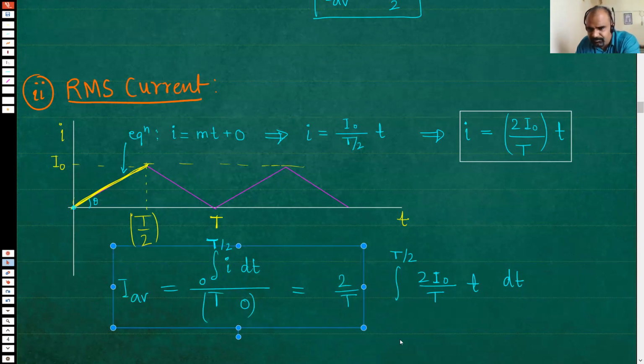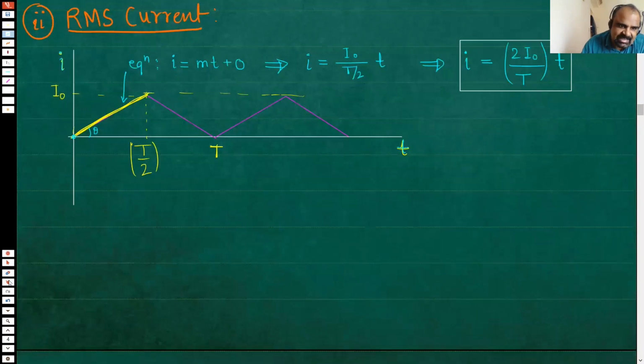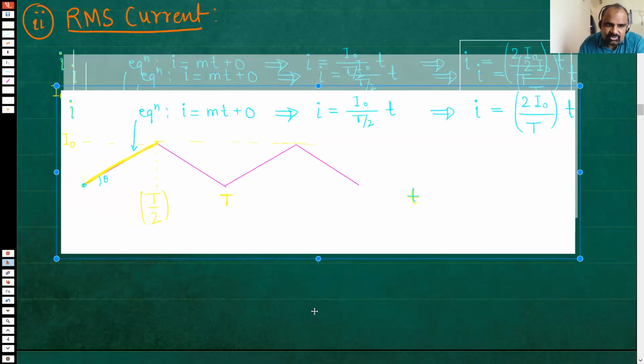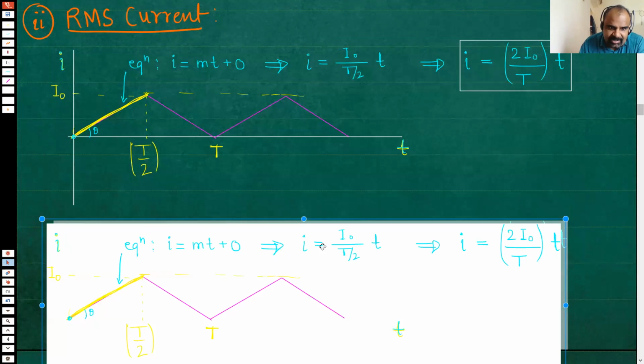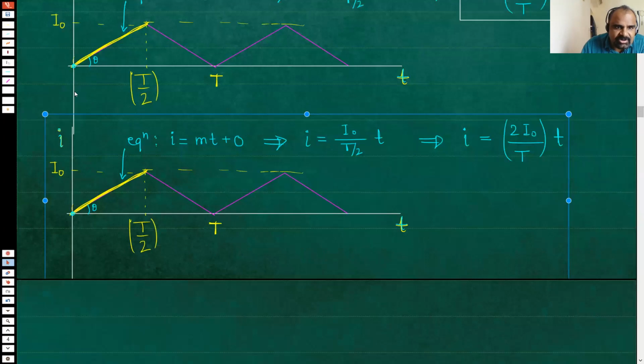Here I would like to draw two graphs. One is this current versus time graph. Is that fine? Can you see the current versus time graph? It will be exactly the same as this. But the second graph I will draw will be the current square versus time t graph. Now see, if it was an exam, I wouldn't have done so much hard work. I would have gotten the answer much more quickly, but this is not an exam. This is time to learn. We are learning things. We are not really trying to do it very fast.